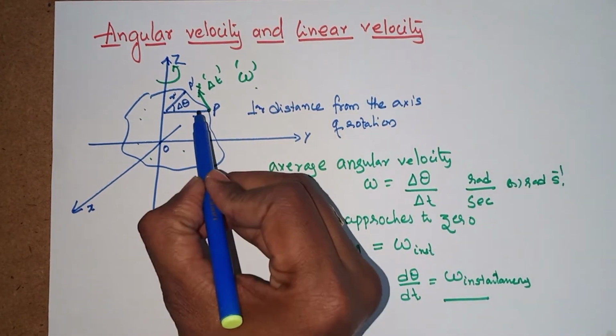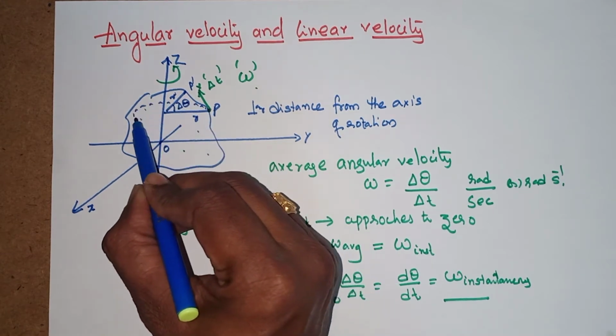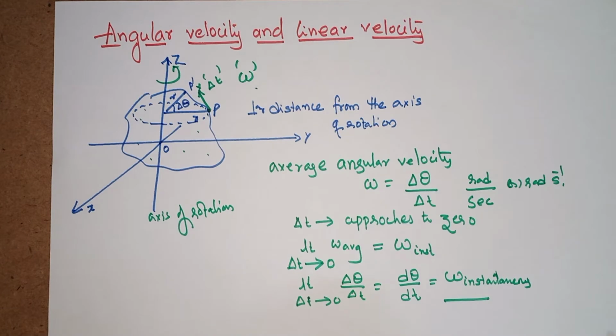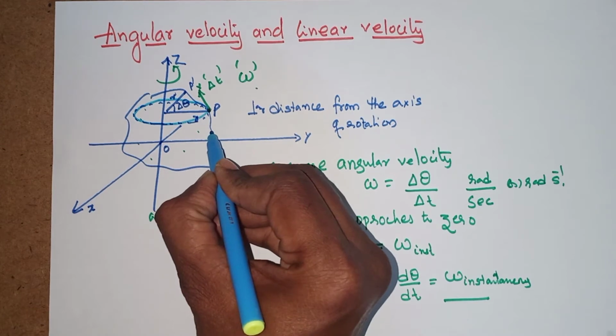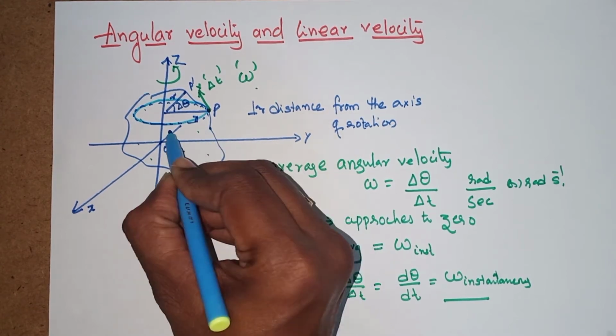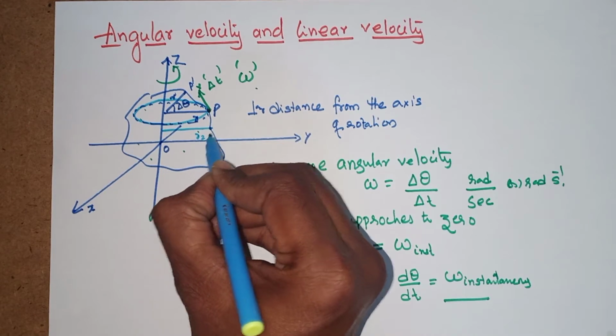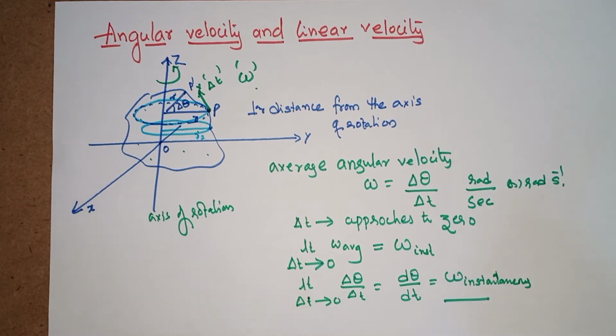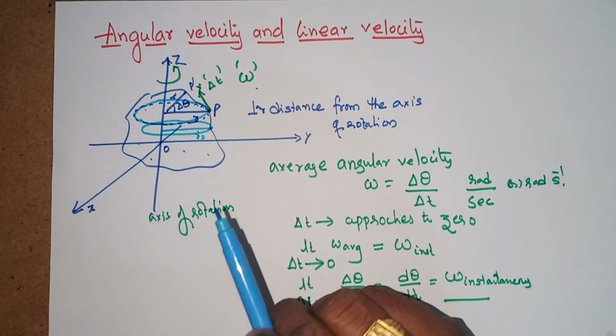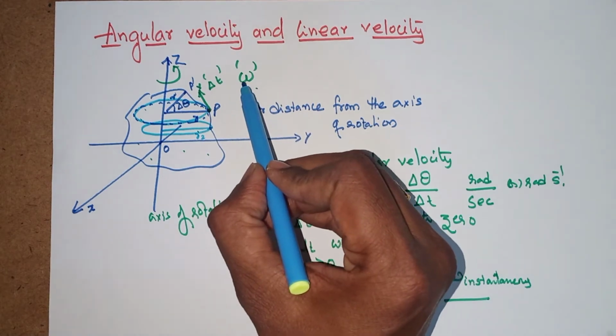Here you observe that a circle can be drawn, because every point moves on a circle of radius r. If you choose another point, that point can have r dash, and that is another circle. This is the circle over here. Suppose you choose this point, like this is r dash, or r2, and this is another circle. So each particle is experiencing circular motion, whereas the complete body, which is comprised of particles, experiences rotation. That velocity is omega.